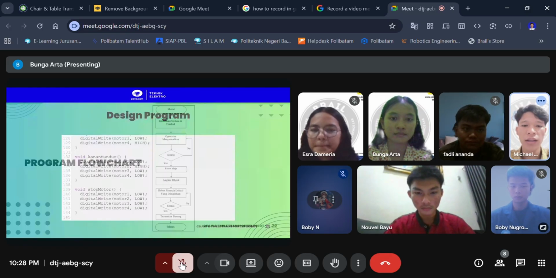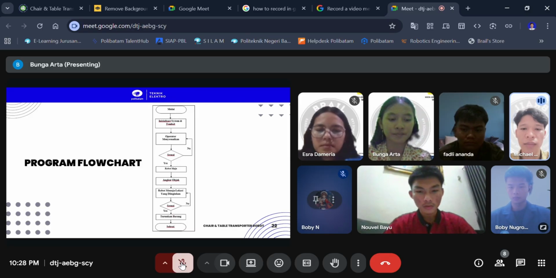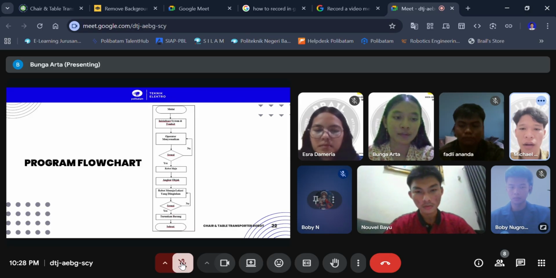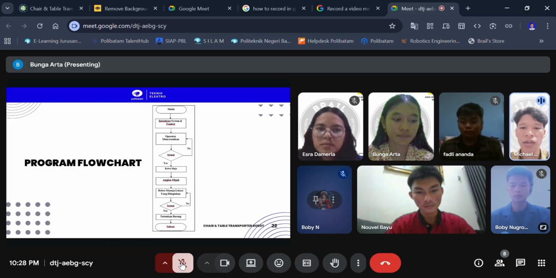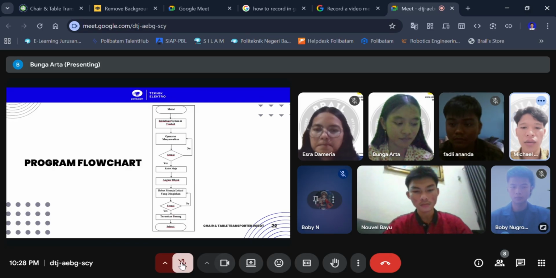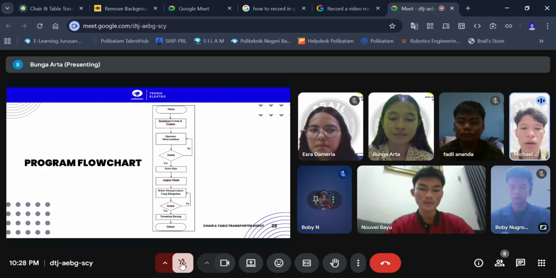We also create a flowchart to illustrate the movement process of the robot. It starts with the start step, followed by initialization of the system and buttons, where the operator learns and understands each button's function in the control system. After that, the operator begins to operate the robot to lift a table or chair by positioning the robot in front of the object.